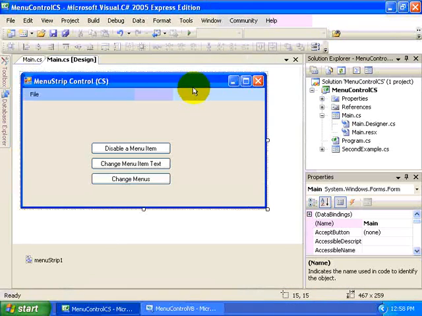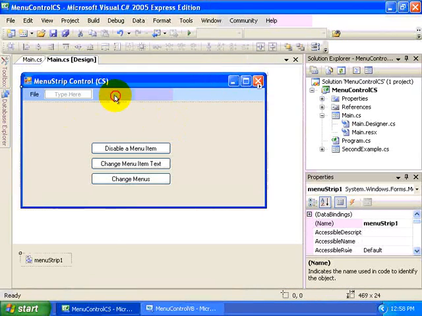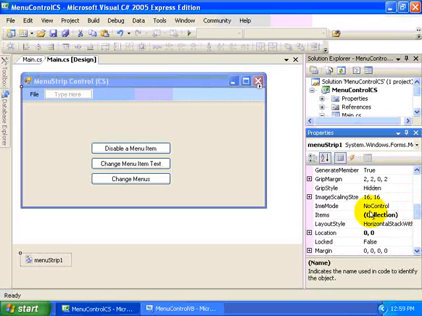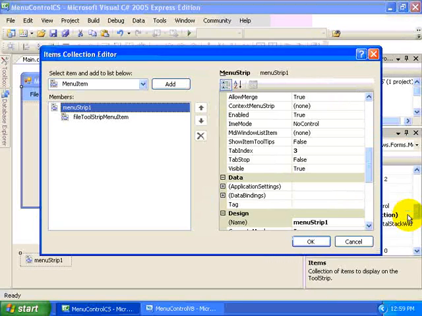So it's fairly easy to create menu items using the visual tool, or rather the visual representation of the menu strip in the Form Designer. But there's actually a couple of other ways as well. If we select the menu strip and go to the Properties window, we can scroll down to the Items collection, click the little ellipsis button next to the Items property, and then we're able to work with the Items collection